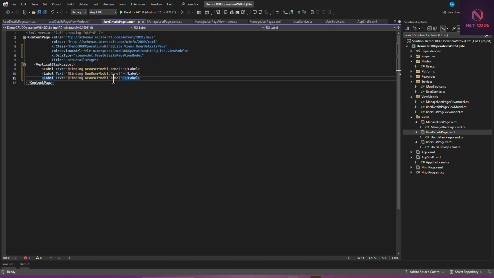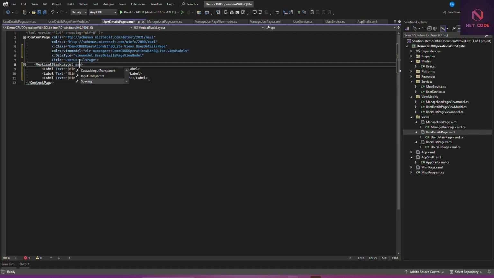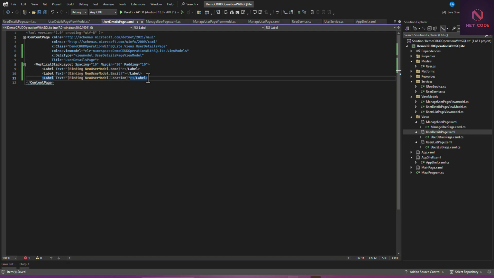So we have name, we have email, and the last one is location. And let's set this spacing up to 10. And also we can set this margin also up to 10, and padding also 10. Okay, then aside from this, let's have the closing for this vertical stack layout, and we can have